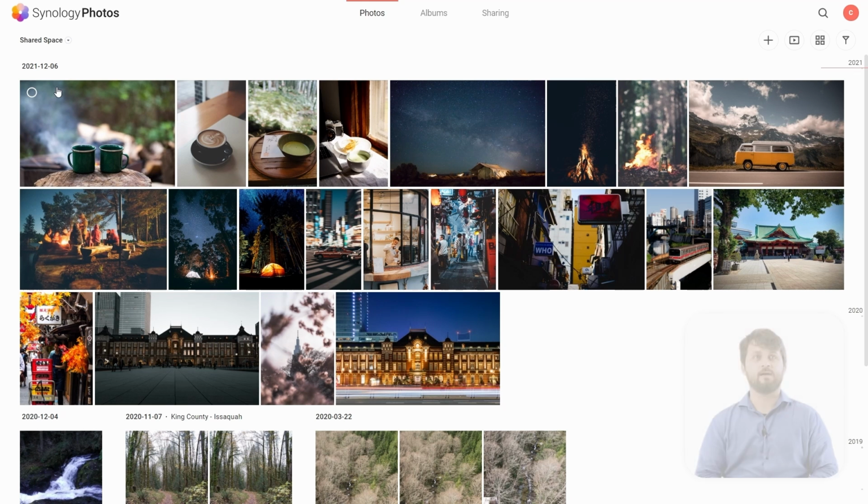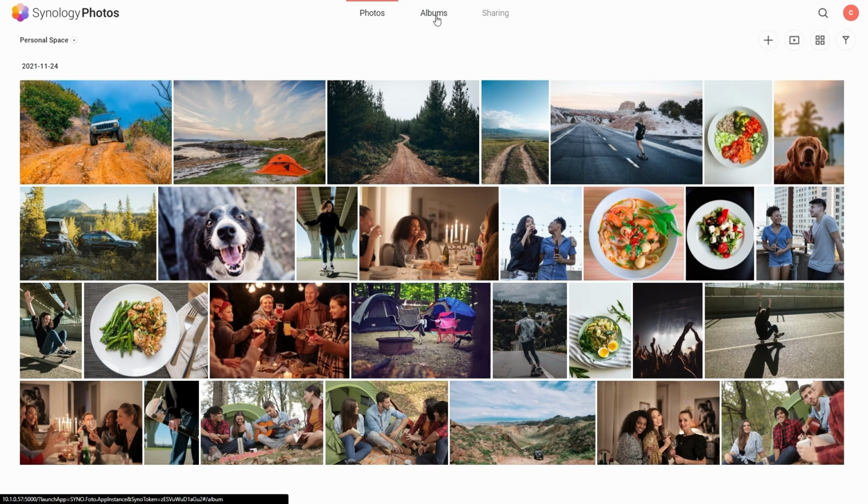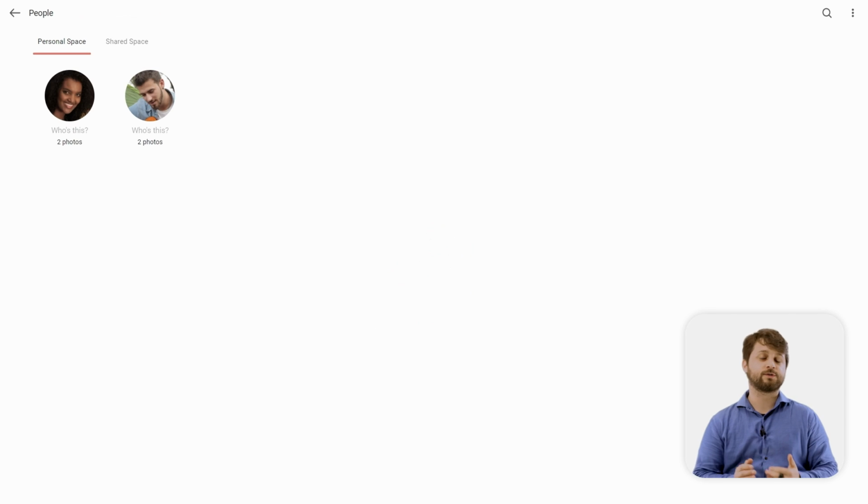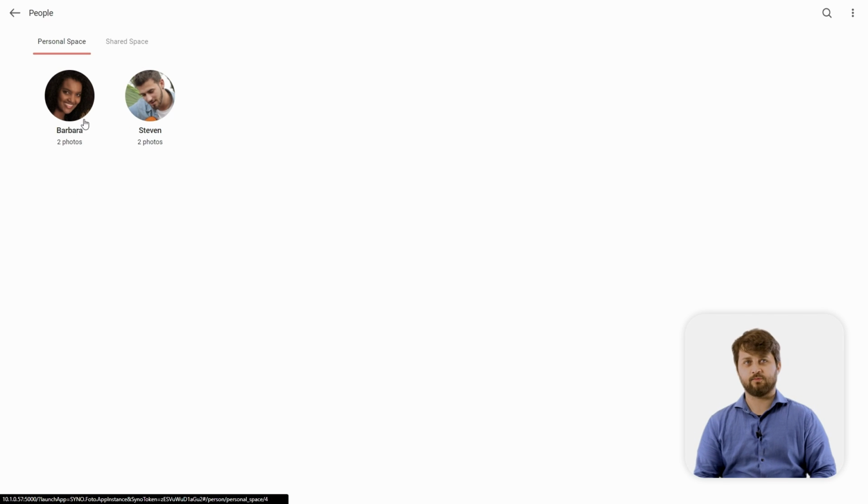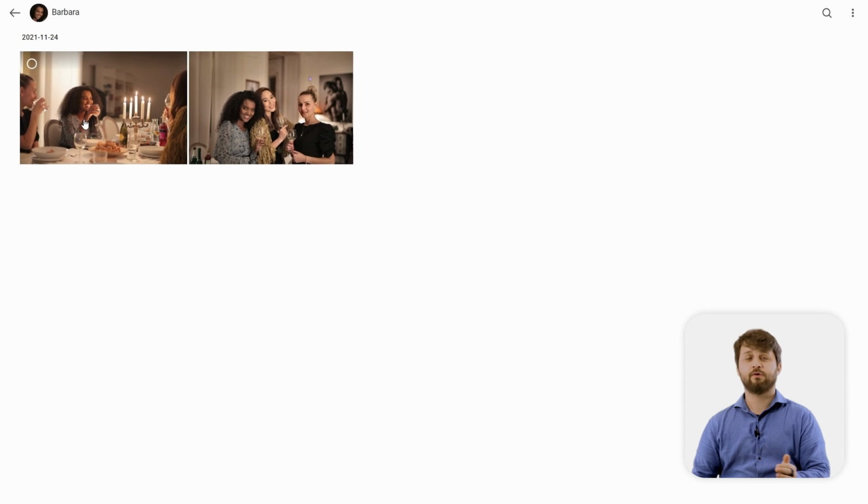As we go to the personal space and shared space, since we uploaded some photos to the personal space, you can see it is now detecting some of the people that were in that first tranche of data. So now that we've allowed it to analyze some of those photos, as we go into our personal space, you can see that we have two people now being recognized in those photos. So I'm going to name them Stephen and Barbara in this case.